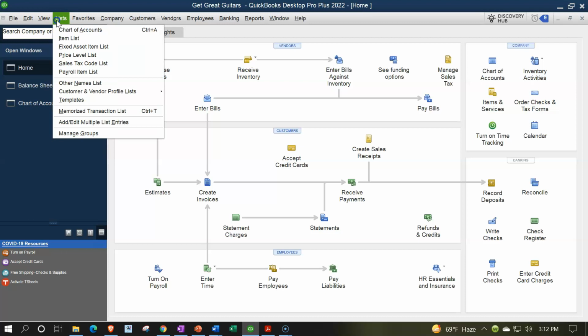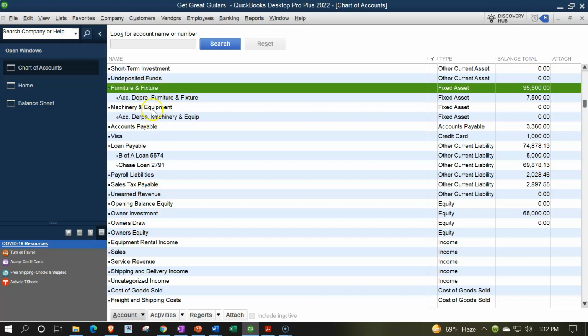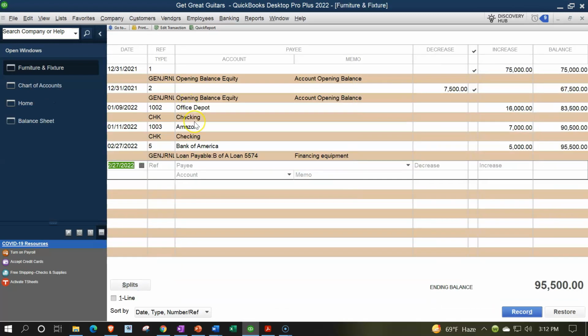So I'm just going to go to the lists drop down, chart of accounts, and we have then our two accounts. I'm going to take it out of furniture and fixture and put it into the machinery and equipment. I can do that with the ledger by double clicking on the furniture and equipment. I'm going to do this as of 2/27, and I'm going to decrease the amount here, which is going to be for the 5,000, and it's going to go into the other account, which is machinery and equipment, and you might say adjust